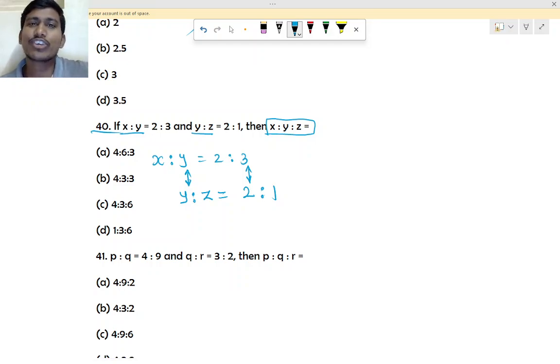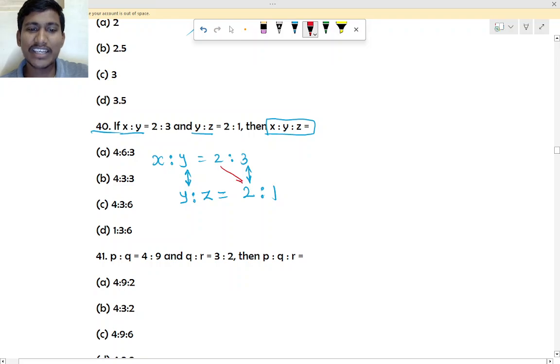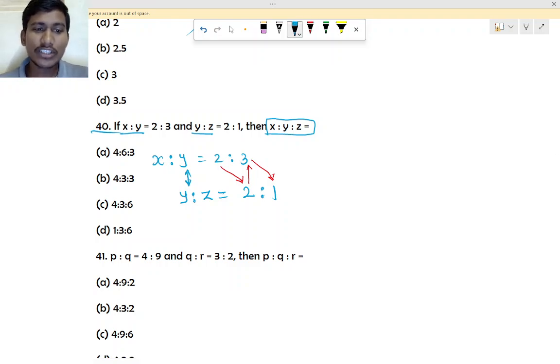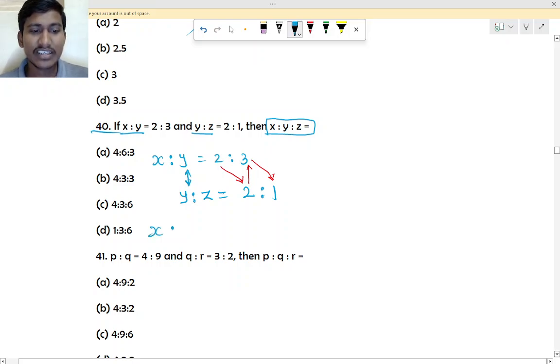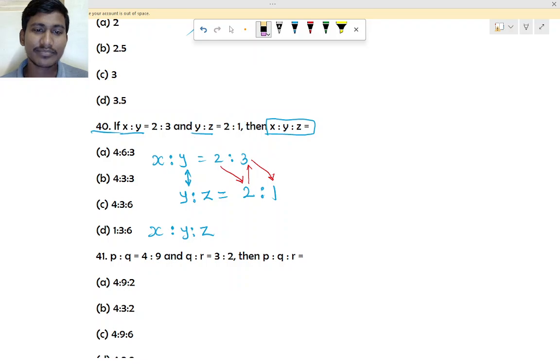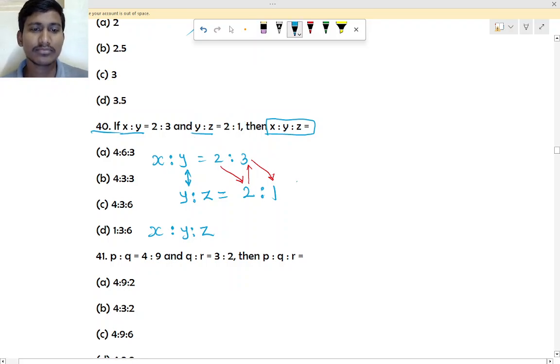So now the shortcut is we have to multiply. How do we multiply? These two we have to multiply, and then these two, and then these two. You will get the answer. Okay? Did you understand how the 1 came? X is to y is to z. The 1 came from here. And y is to z is how much? I wrote this much here only, right? Got it?